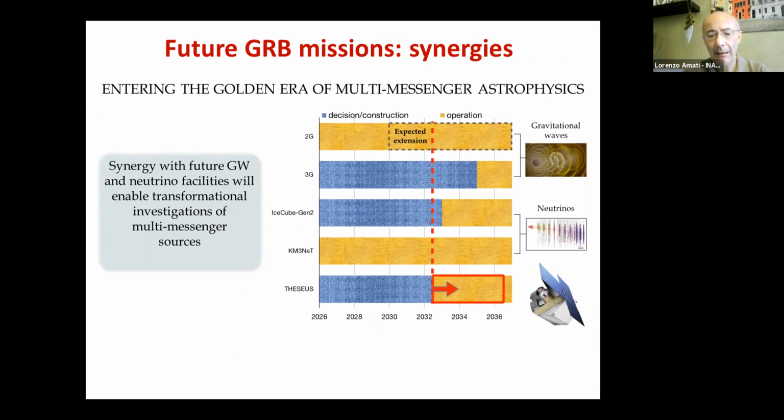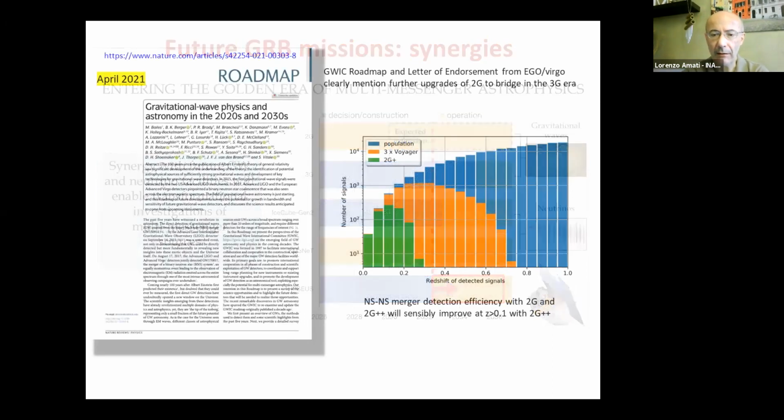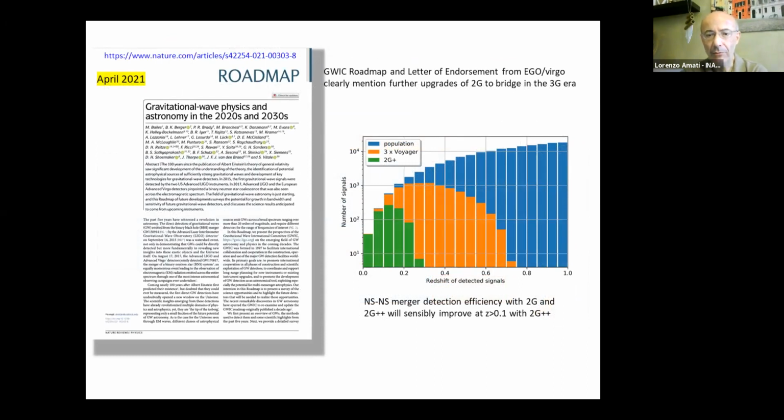We expect further advanced second generation gravitational wave detectors in the second half of this decade, extending the cosmic horizon at which we can detect, for instance in gravitational waves, neutron star mergers and neutron star-black hole mergers, up to a few hundreds of megaparsec. But there will be then a huge step forward with the third generation of gravitational wave detectors. This is for the second half of the 30s, very likely. And in this case, as is shown here on the right, we will be capable to detect this kind of gravitational wave signals up to very high redshift.